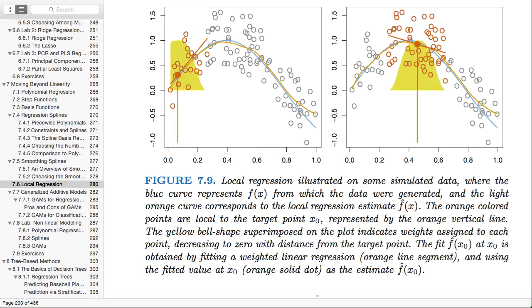And by the way, the smaller the span, the more flexible local regression is. The larger the span, the more interpretable local regression is. So the way that the local regression happens, this has had a bell curve superimposed on it in order to highlight the fact, I mean, there's no spatial reason to have this here. It's just to highlight the fact that we've chosen this point x naught, which is at the center of the span, and that's going to be the target for